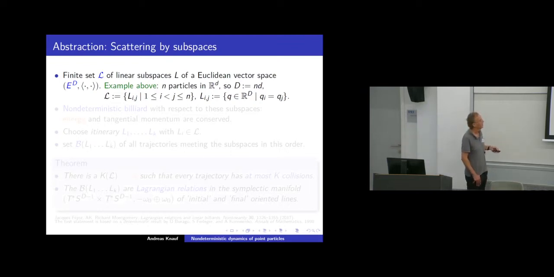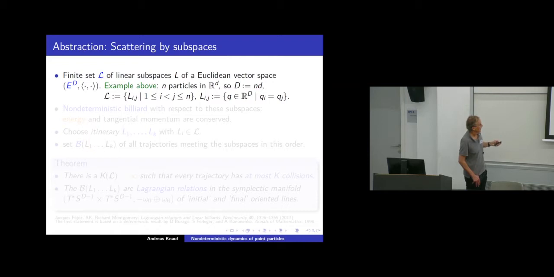Abstract this a bit further. So you choose a finite set of linear subspaces, L, of a Euclidean space of capital dimension D, E^D. And in the discussion above, we had n particles in R^d. So phase space should be R^{nd}, or abstractly E^D. And then, as a choice of the subspaces, we would concretely have the choice being indexed by two-element